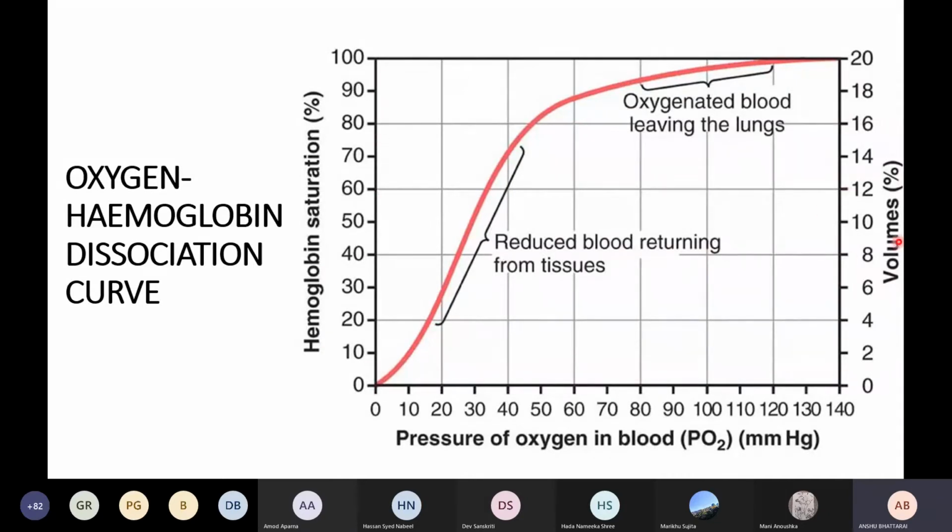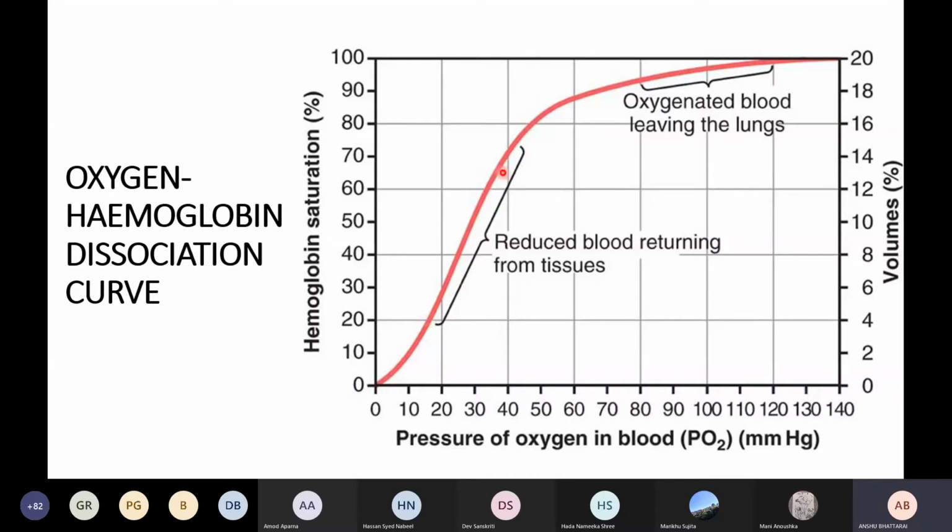And this one over here is volumes. That means what percentage of oxygen is present. Or see, 0.246, you can see over here, this is ml in 100 ml. So here this is 20 ml in each 100 ml of blood. So this represents the volume. Okay, and see, this curve is sigmoid shaped. This is known as a sigmoid shaped curve.